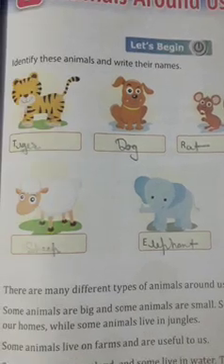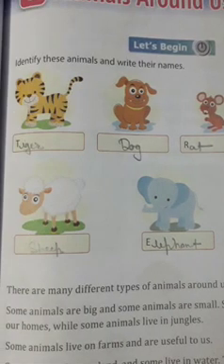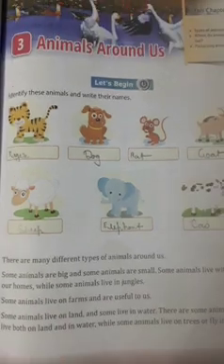Okay students, identify these animals and write their names. You are seeing this picture and you will write the name of these animals. The first picture is tiger, the second is dog and the third is rat.